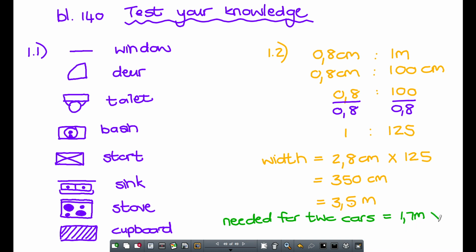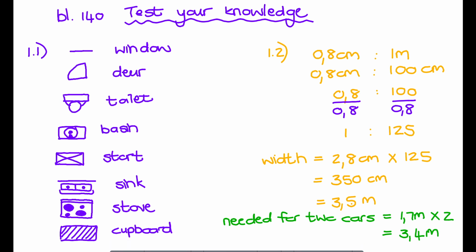So for 2 means I'm going to multiply that by 2, which means it gives me 3,4 meters. So would 2 cars fit into this garage? Sou 2 van hulle inpas? Ja, nee, want 2 karre langs mekaar is 3,4 meter en hoe groot is my garage eintlik? 3,5 meter. Okay, so therefore